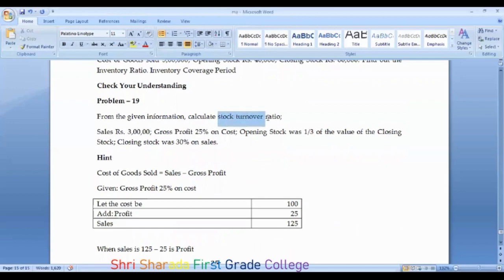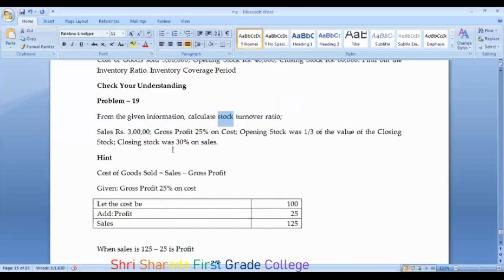If you are getting confused with the many formulas, keep only this hint and study, okay? Whenever there is a stock turnover ratio, it takes the average stock. What is average stock? Opening stock and the closing stock. And it also takes the cost of goods sold information, that's all. Okay. Here, this is a kind of tricky question.